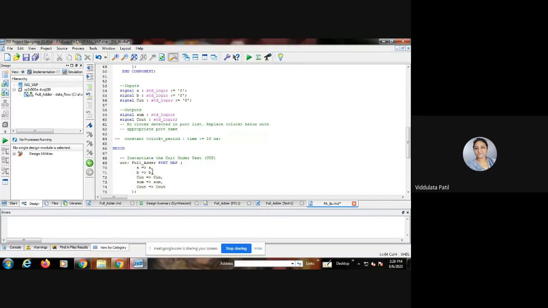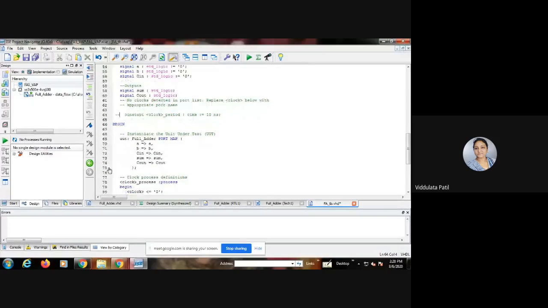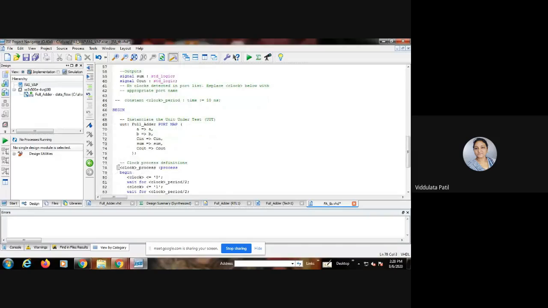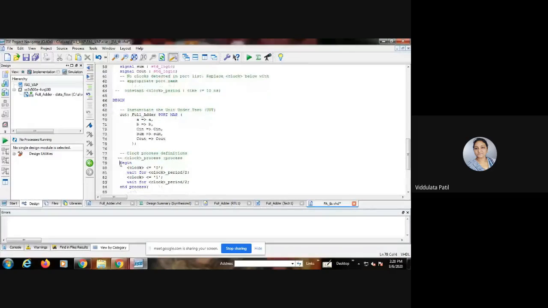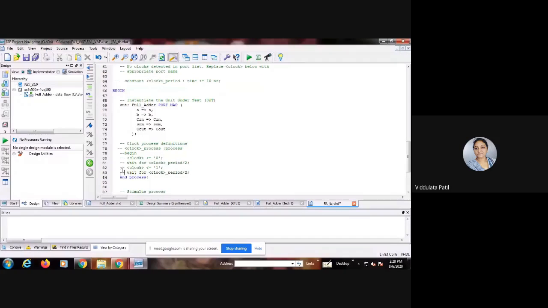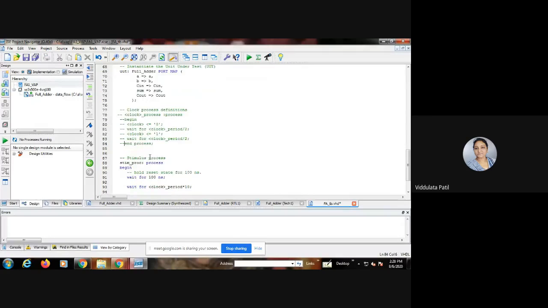Don't change this, otherwise if you give A is assigned to B, then it will give the wrong result. So these are the port maps. Then we are going to comment this process because we don't need this in this program. So this is commented. Then the actual stimulus process. Now we are going to assign different inputs to each of the